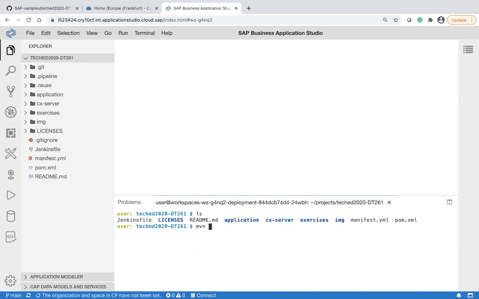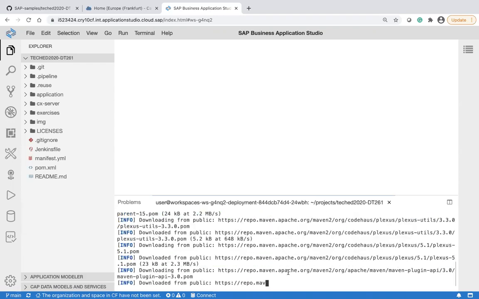So Maven is already pre-installed. And if you remember the choice when I was creating the dev space and selecting the tools, Maven was one of these tools. That's why, and Git, by the way, as well. And that's why I'm able to run Maven package. And if I'm doing it,